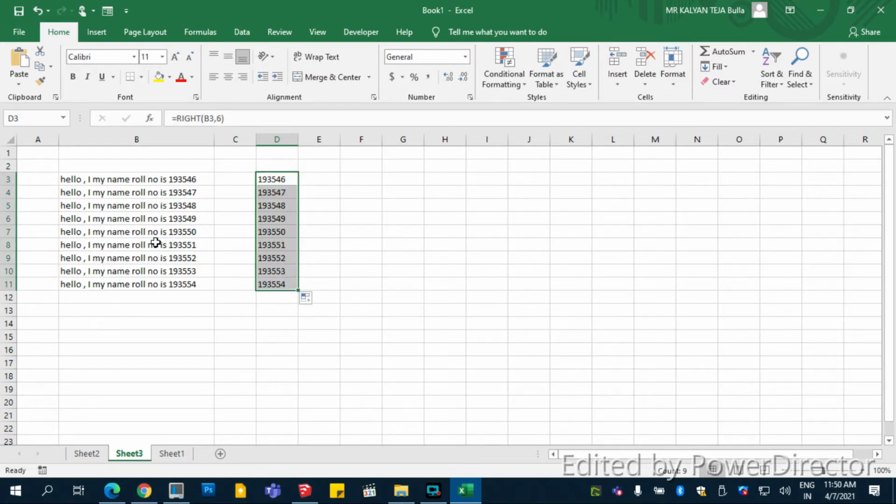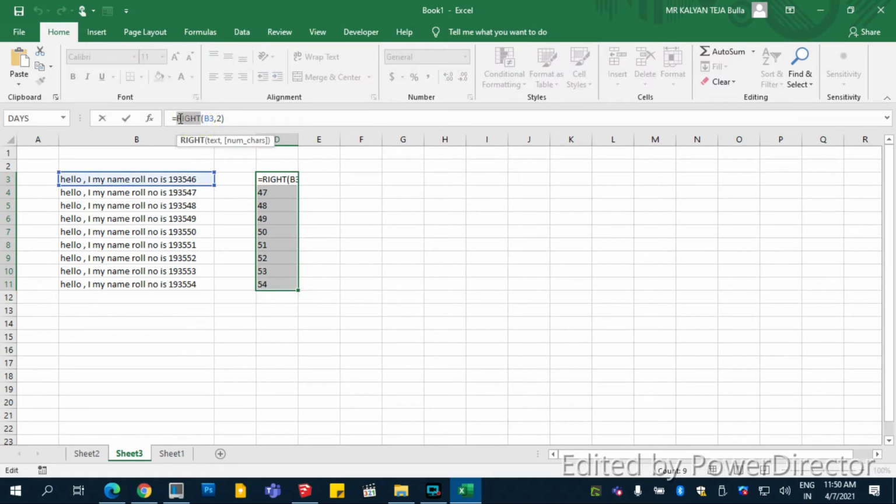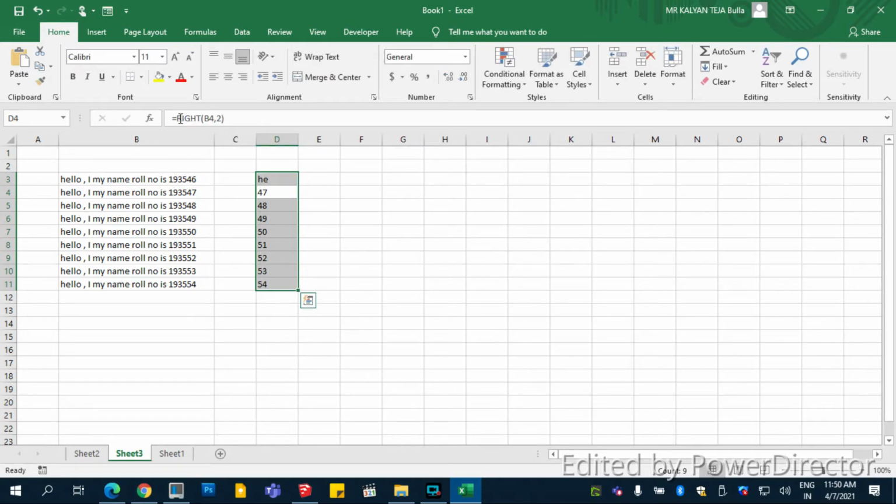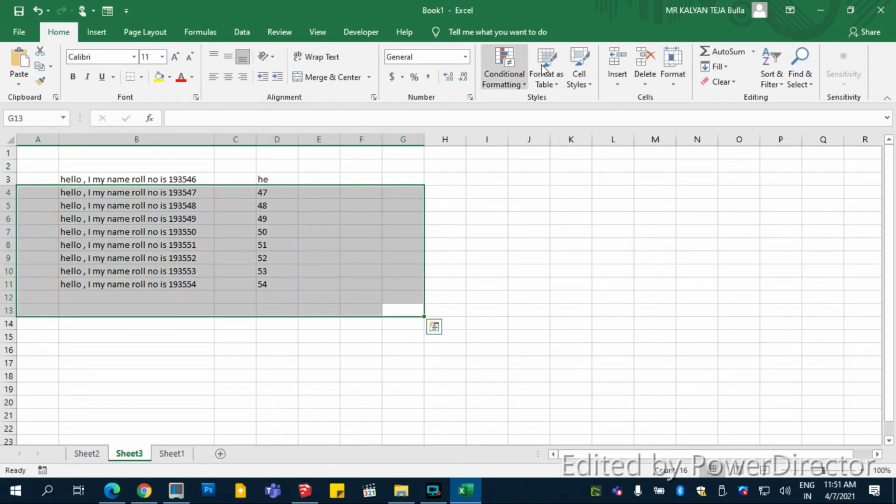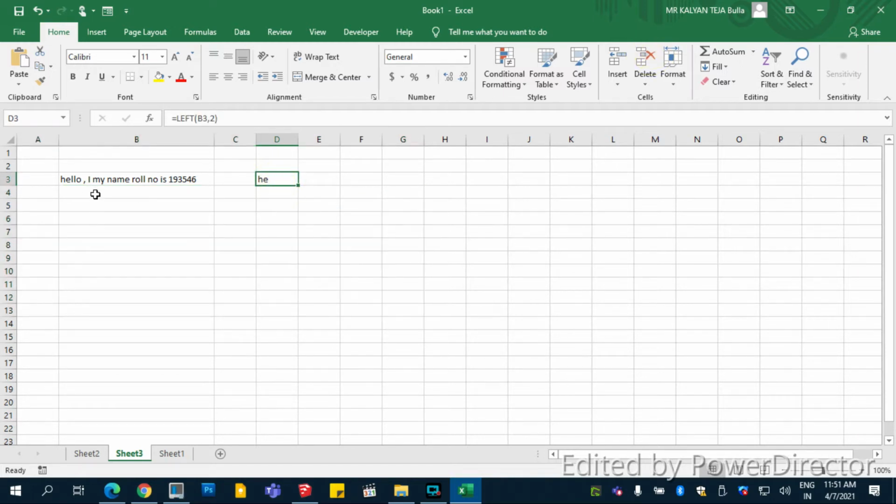So that's how we extract a number, or characters, from the given string. If you want only the last two digits, change it to 2 and you see you got only the last two digits. Similarly, the function LEFT works the same way. You type LEFT and you get only the first two characters of what is here. From the left of this text, two digits. Say 10 digits, you get till here, 12 digits. So that's how the LEFT and RIGHT functions work.